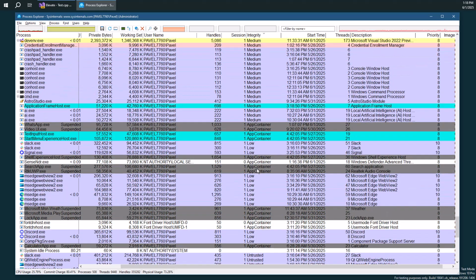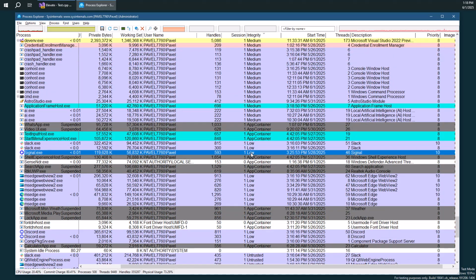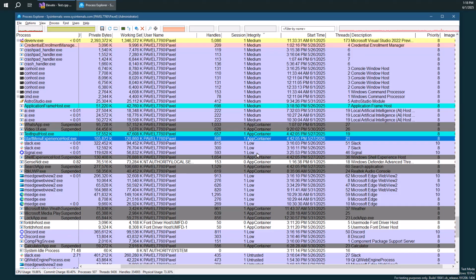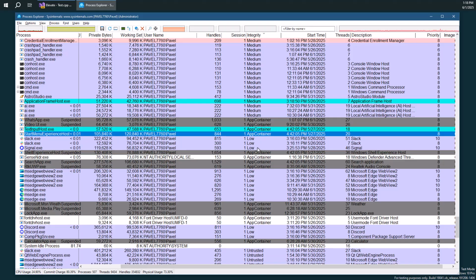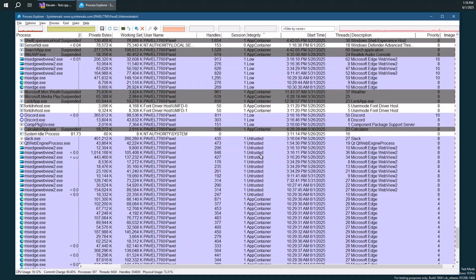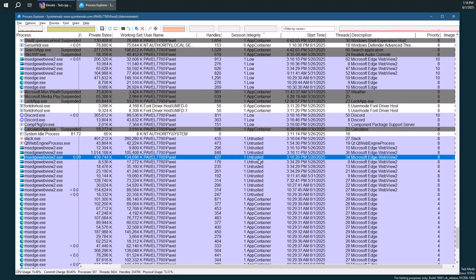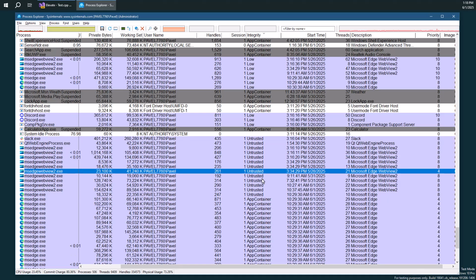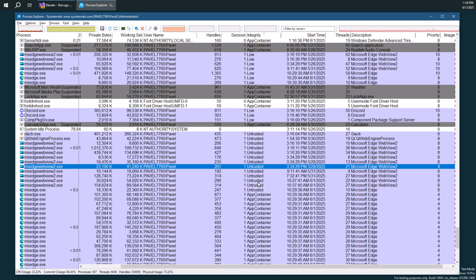And at some point we might even find low integrity level here, like you can see Slack here is running with low integrity level. And of course we have app container for UWP processes, which are always running with low integrity level as well. And even lower than that, we can see even untrusted. So untrusted is typically used by browsers. Also low is used by browsers as well, because when you download a file from the internet, from some kind of browser,